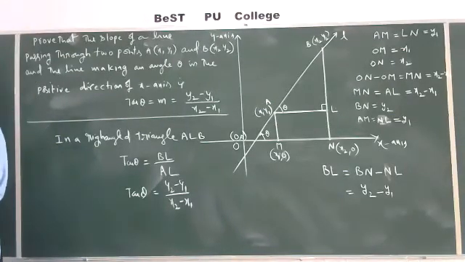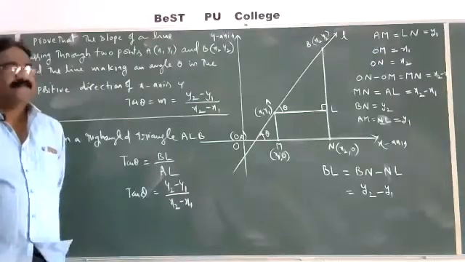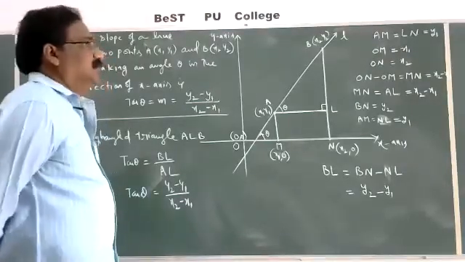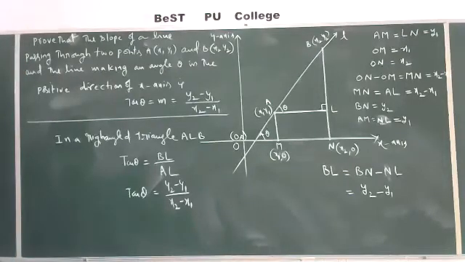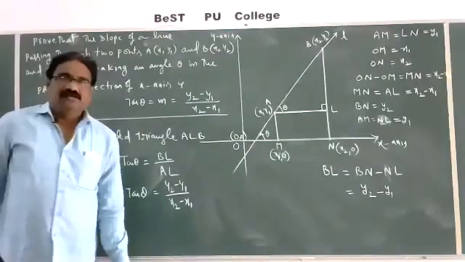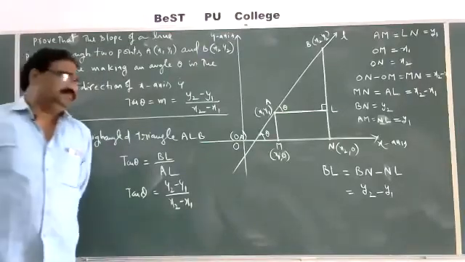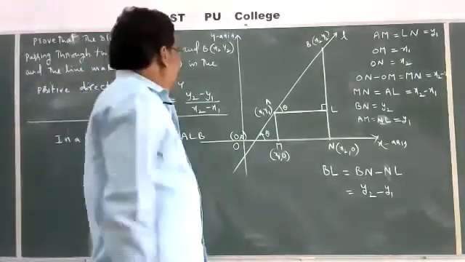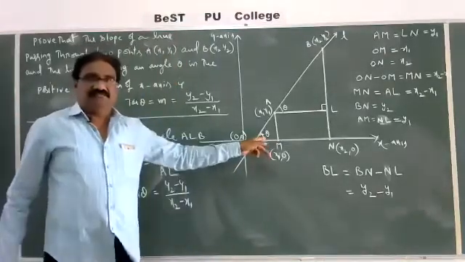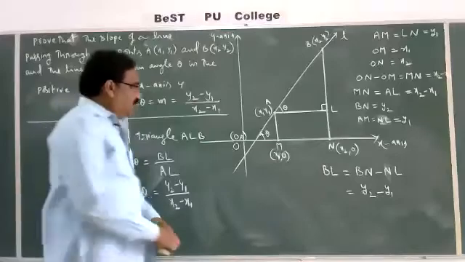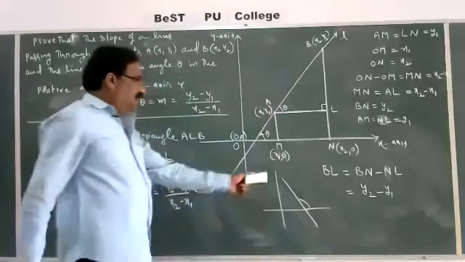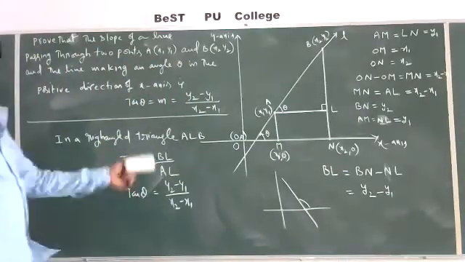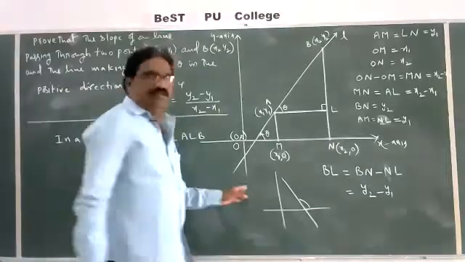I think everyone understood. Observe this, here theta is the acute angle, that is below 90 degrees. For example, if a line is like this also, above 90 degrees, in that case also we proved this formula. Everyone copied?